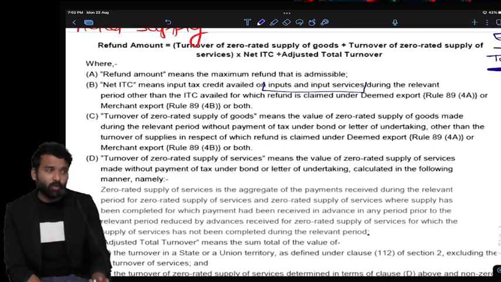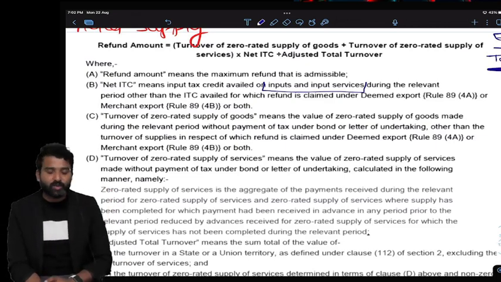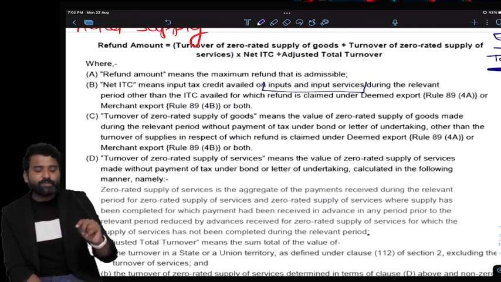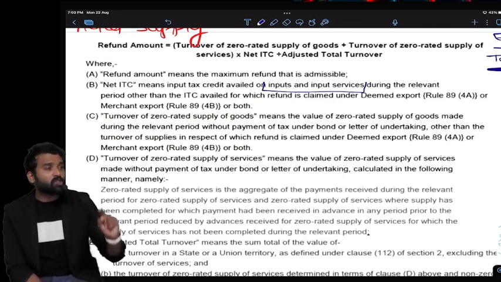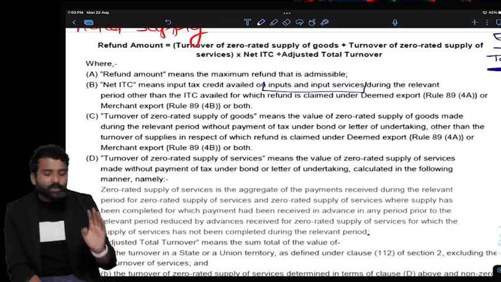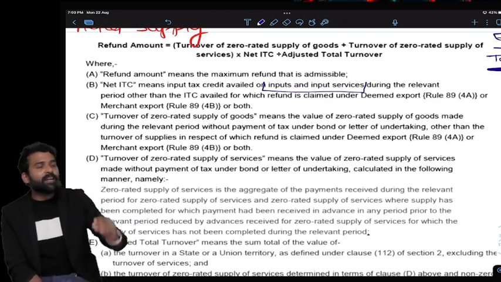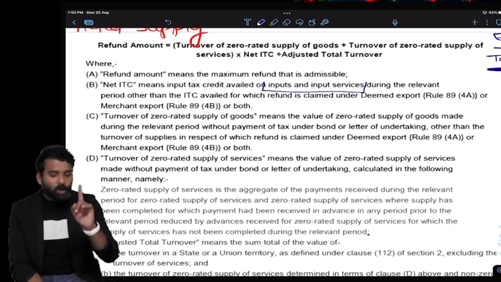It is not allowed. So they might ask you this question in your exam, whether under section 54 can I claim the refund of unutilized ITC belongs to capital goods. No, unutilized ITC which belongs to input and input services can be claimed, not of capital goods. Okay,